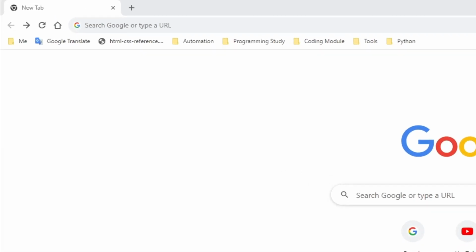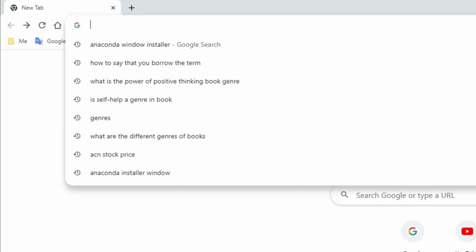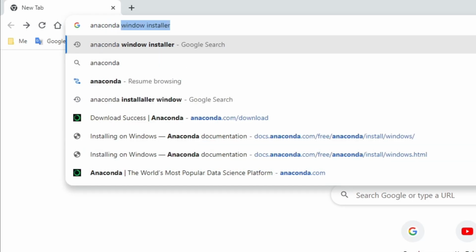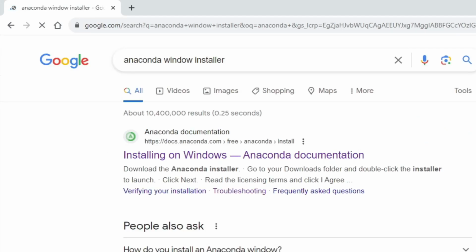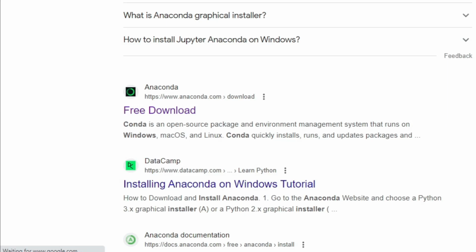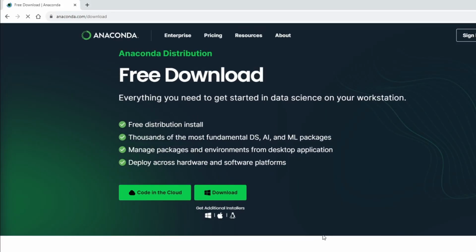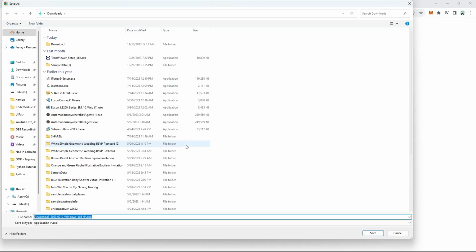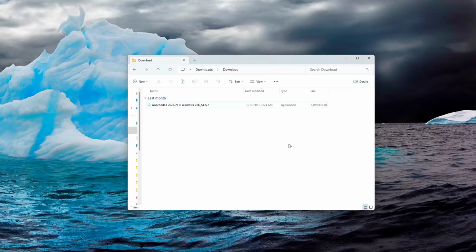To install Anaconda, just open your browser and search for Anaconda Windows installer, and then click on this link, Anaconda download. Then from here, click download and then just save the installer to your machine. And once you have it downloaded, just double click on the exe file